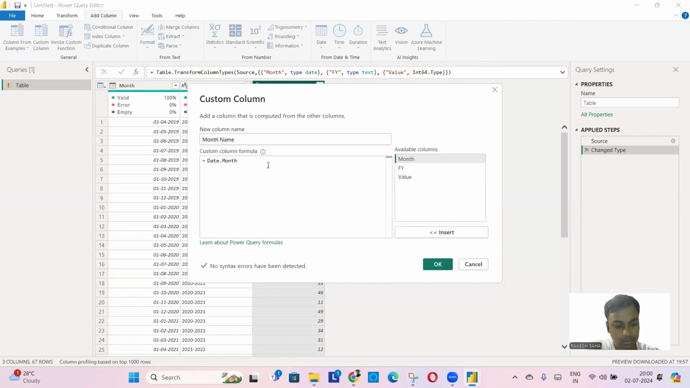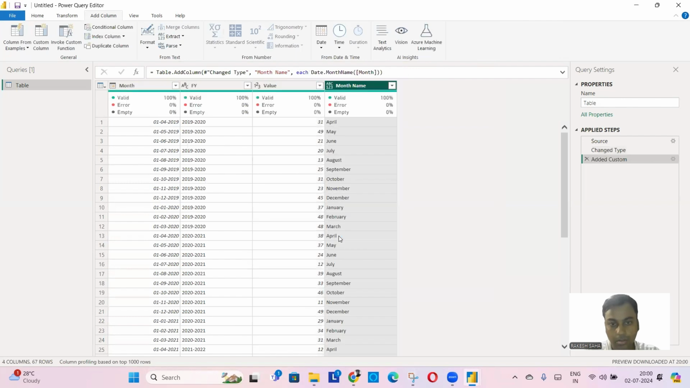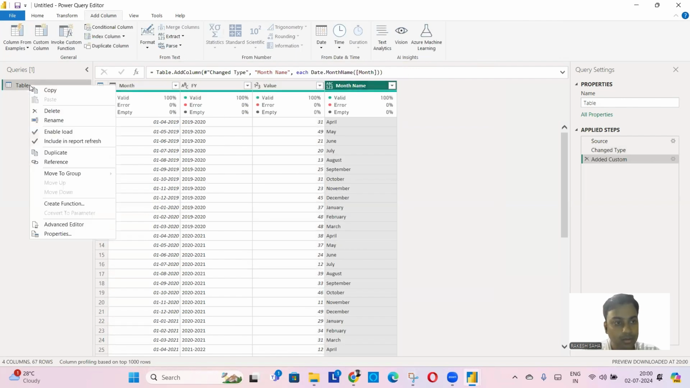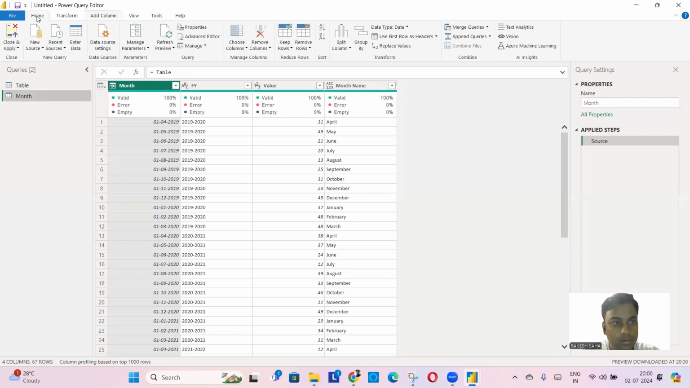This N should be capital. Then it will be month. Okay. Now I will reference this column here, make it month, and group it by